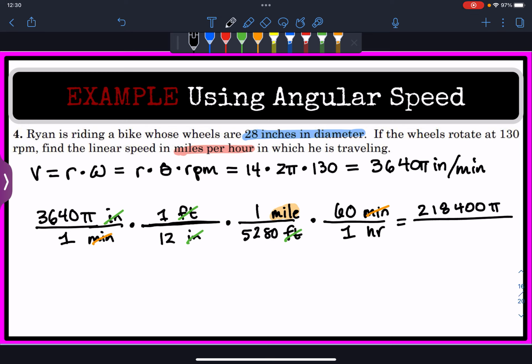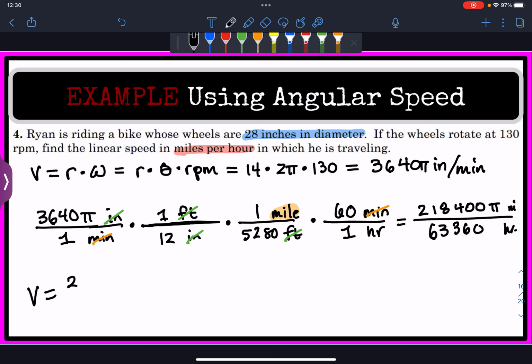Divide this by 1 times 12 times 5,280 times 1. That's 63,360. And my units are, remember, in miles and hours. So that's my answer. So V is equal to